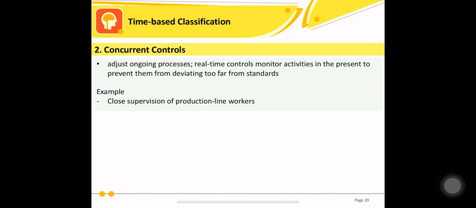What do you think of this? If feedback control is also known as your detective and corrective control, what could this concurrent control be? Concurrent means the risk is happening, or has already started happening. It's concurrent, it's happening now. And then you implement a specific action or specific control. So, it is also known as preventive control. Just for easy understanding, preventive control is also known as concurrent control so it's easier for you to understand.